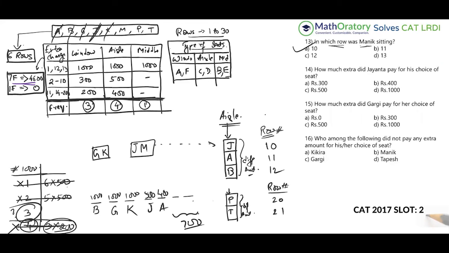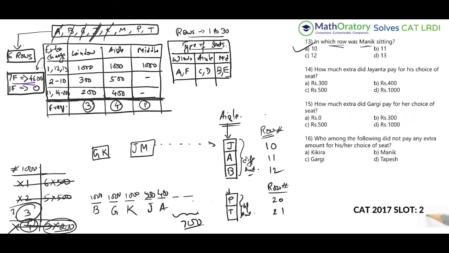That is the only way it is possible, that they are on consecutive row numbers, and P pays something and T doesn't. Because if you look at this part, everything from row number 1 to 20 is paying something, except for the middle seats. But if T is on a middle seat, P is also on a middle seat, and P cannot pay 1000 because all the thousands are already taken up. So P cannot pay anything. So it has to be 20 and 21. That is the only way feasible. So P and T are done, row 20 and row 21. The only thing left is the amount, but M has to pay something.